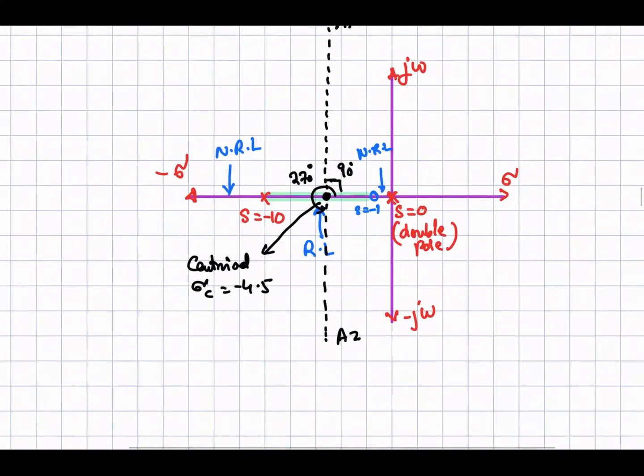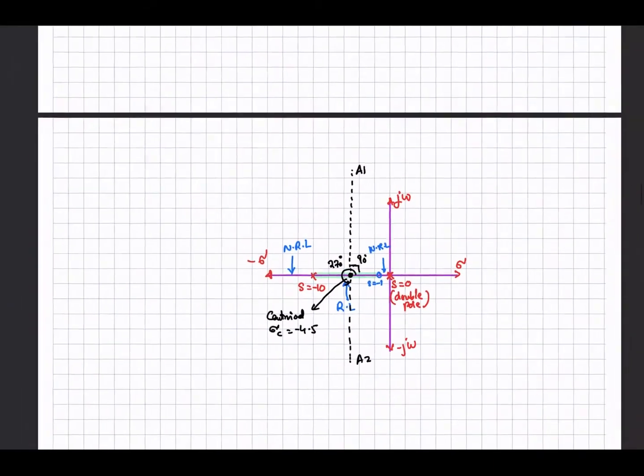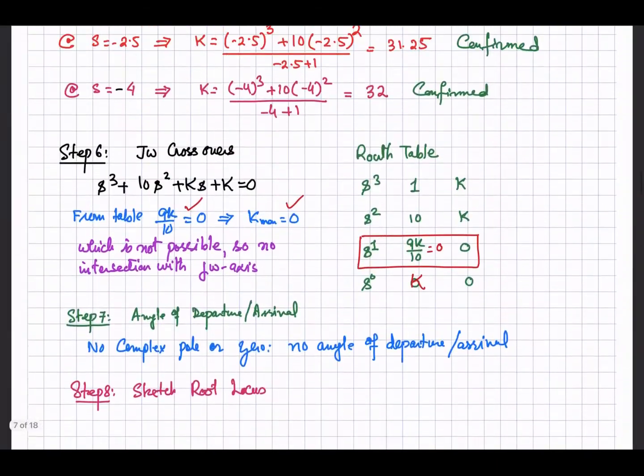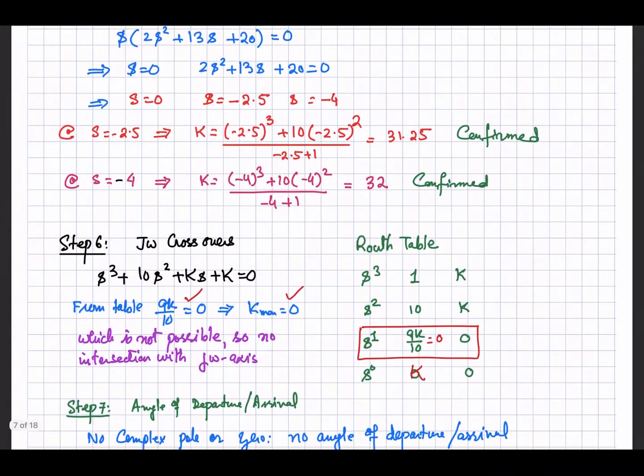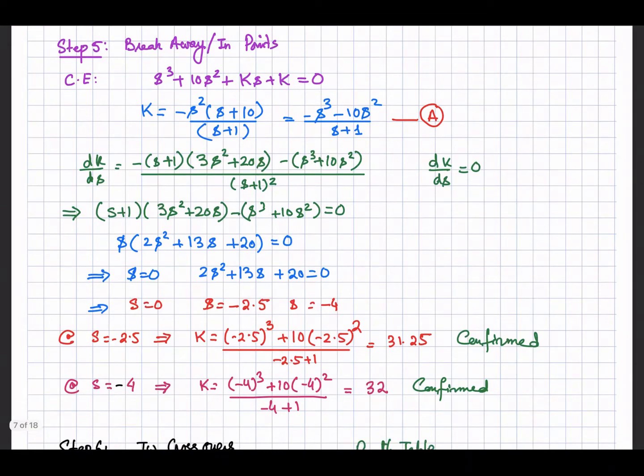So now with this information we are going to sketch the root locus. Here is what we have already discussed, and we have drawn the asymptotes and calculated the angles. There is no j omega crossover. So where will these two poles move? We have seen that we have the breakaway or break-in at two locations. One is at minus 2.5 and the other one is at minus 4. Both are confirmed breakaway or break-in points, right? So just note down these, minus 2.5 and minus 4.